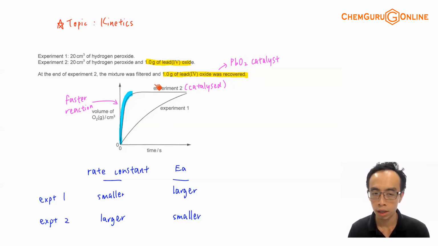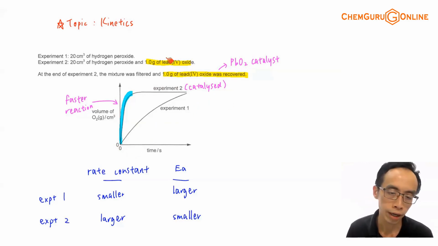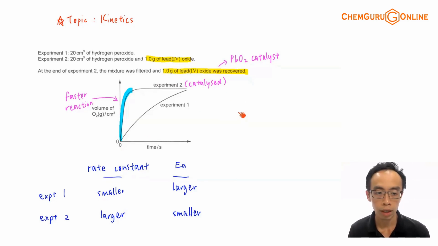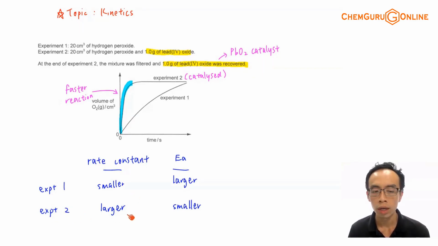Your PbO2, it is a catalyst. Experiment 2, it is catalyzed. Experiment 1, it is not catalyzed, and the catalyst obviously will be my PbO2. And if I compare my rate constant versus my activation energy, if it is a catalyzed reaction, obviously the rate constant is going to be a bigger value for experiment 2. And the reason why the rate constant for experiment 2 is bigger, for catalyzed reaction, what the catalyst is doing